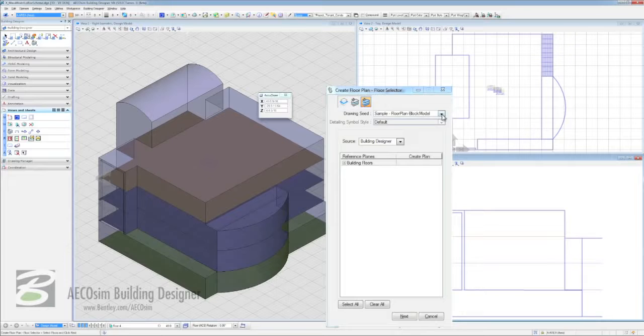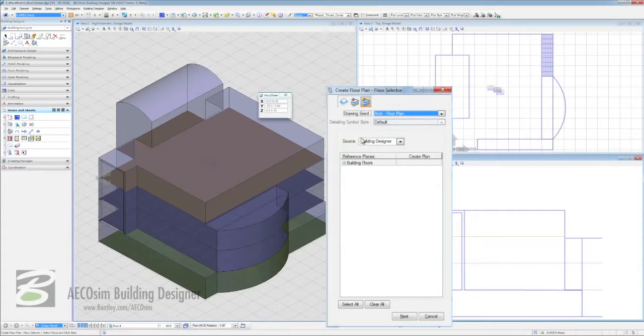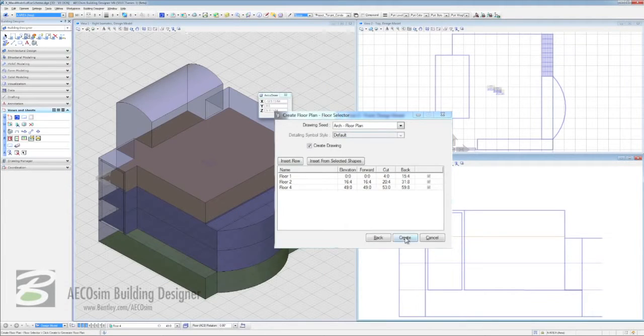In our drawing set we're going to choose our Arch Floor Plan, and you can see there we have a source that we can choose from. In this case it's Building Designer, but we could choose from any iModel compatible format such as IFC or even Revit. With that, we're going to twirl down building floors and the low-rise building, and here we're going to select floor 1, 2 and 4 are the ones we want to create our plans from. With that, we can click the next button and we can get a summary of our information, and we click